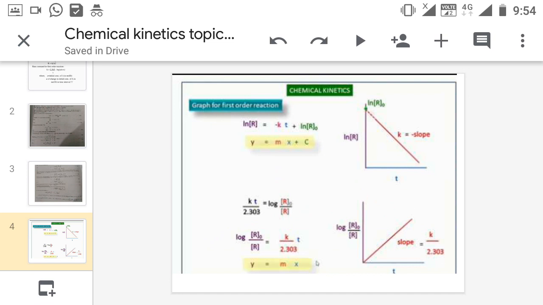So we draw the graph. We draw the line just above the x axis. Okay. Then extrapolate and touch the y axis. So see here, keep in mind the slope is negative, k is equal to a negative value. In the first graph the slope is positive and it should pass through the origin.